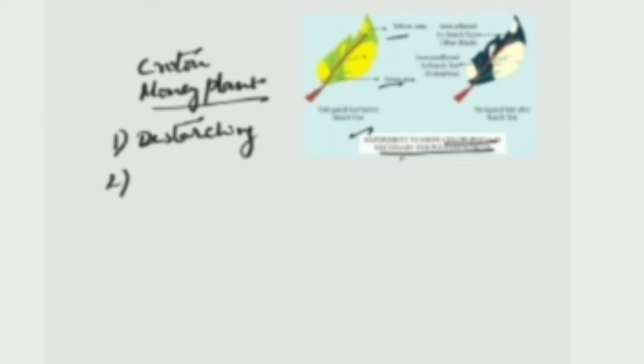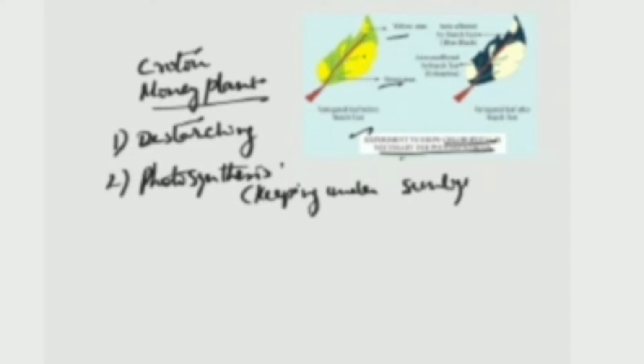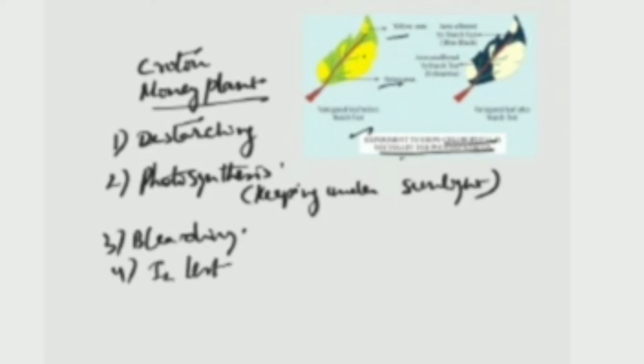So what you have to do is follow the similar process that I have discussed already. The same activity will proceed. First, we will destarch the leaf by keeping the plant intact in a dark room for 72 hours. Then we will put the plant in the sunlight so that the plant can perform photosynthesis anew. Then again we will bleach the leaf in the water bath that I have discussed, and then we will do the iodine test. In the iodine test, you will see that the green patches on the leaf will turn blue black. You see in the right side figure, while the non-green part will not have any change. Okay, so that is the activity.